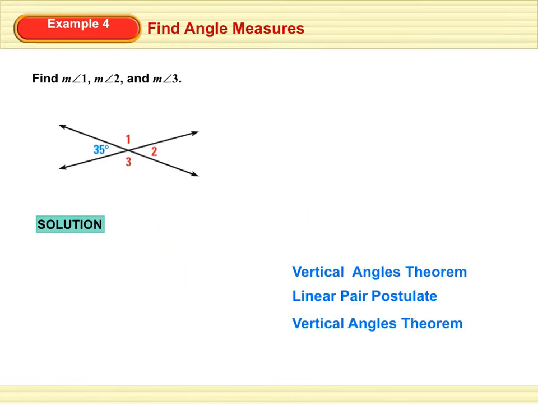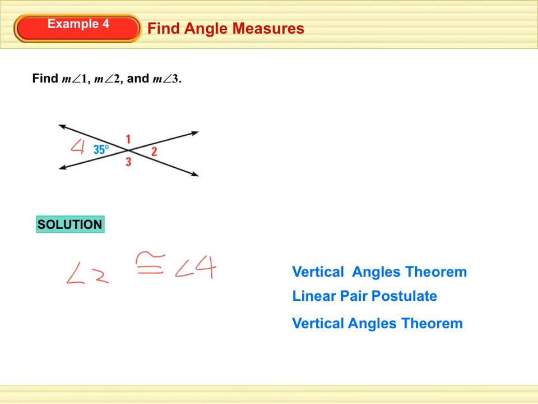Here's another example. Exactly the same approach. We need to find angle 1, 2, 3, but we're only given one angle. I always start with the vertical angles because scissor angles are easier. So by vertical angle theorem, if we call this angle 4, angle 2 and angle 4